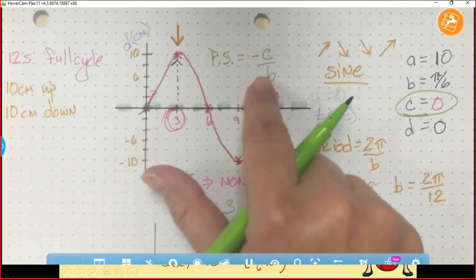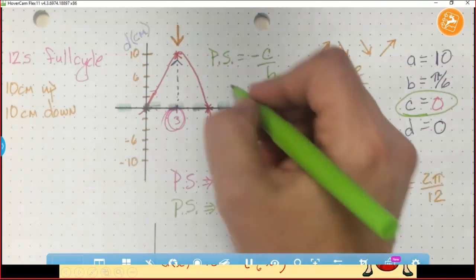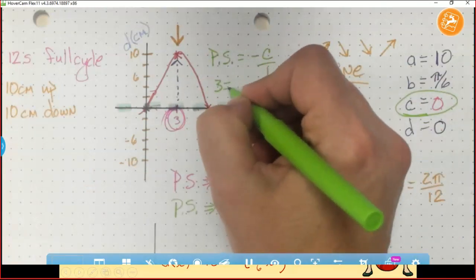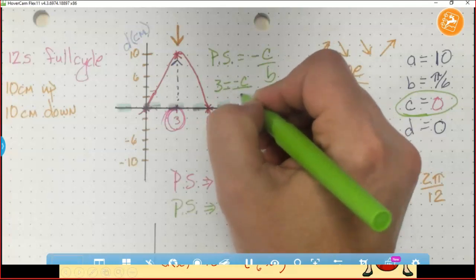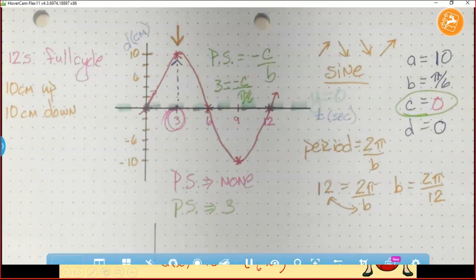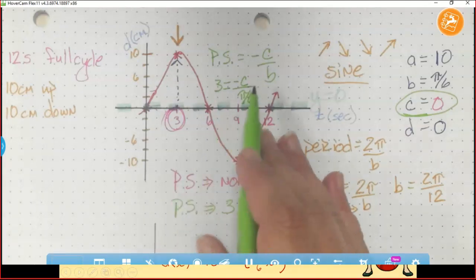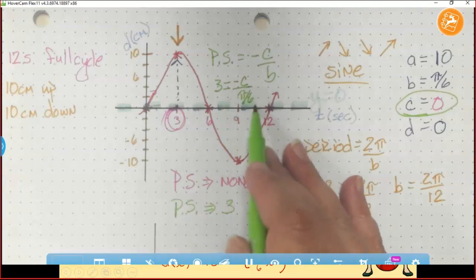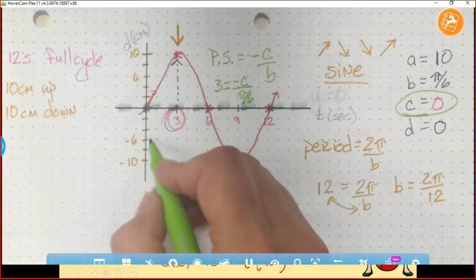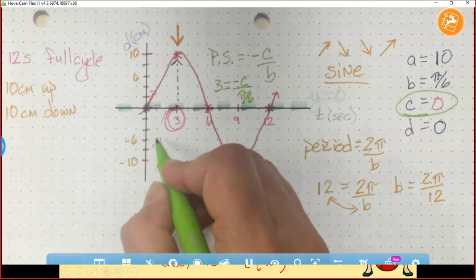So to work this problem, I'm going to say that 3 is equal to negative C over pi over 6. To solve that, I need to multiply both sides by my denominator, and my denominator is pi over 6. So now I get pi over 6